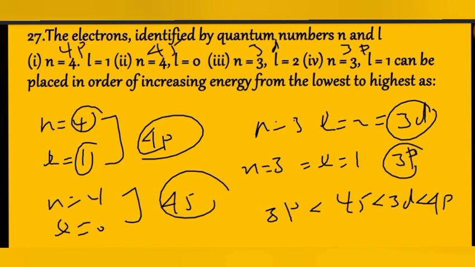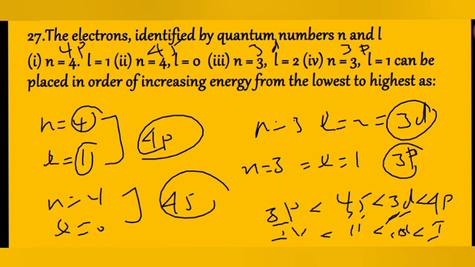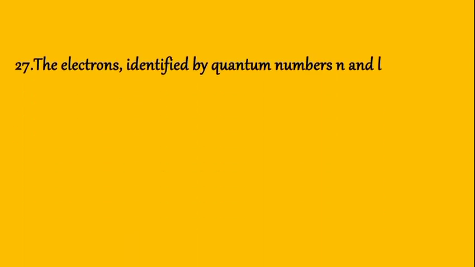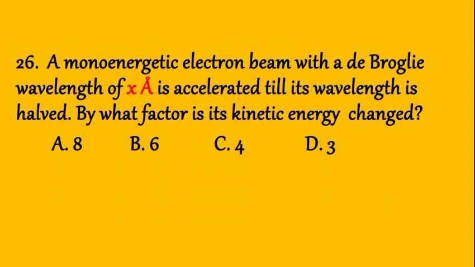4p ይሄ ኦርደር አላቸው። ከትንሽ ወደ ትልቅ ስለተባል 4 less than 2, 2 less than 3, 3 less than 1 ይሆናል ማለት ነው። 3 less than 1 ስለዚህ 4 2 3 1. Okay, A 8, B 6, C 4, D 3. So the answer is C, መልሳችን C ነው ማለት ነው።